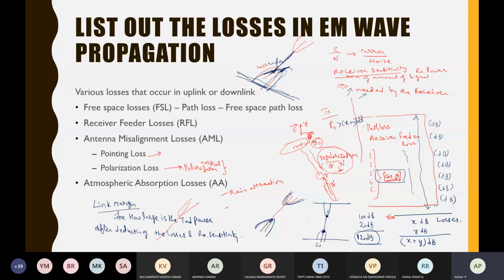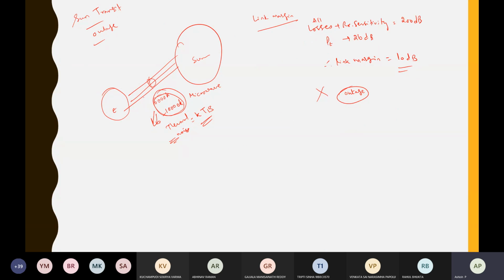So all the calculations are made in dB scale. So why is dB so popular? Many types of dB notations are there: dBW, how much dB it is above 1 watt, or dBm, which is compared to a milliwatt. And already we know if you are calculating for power, then you have to put 10 log of that quantity in order to convert to dB scale. And if it's a voltage, then you have to put 20 log.